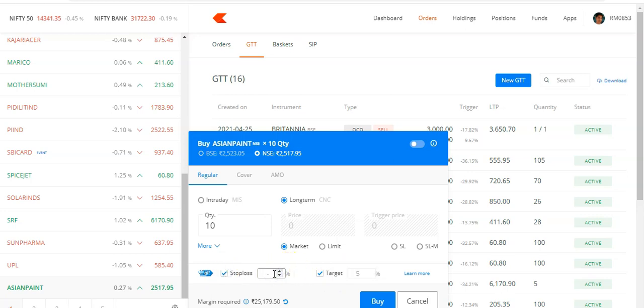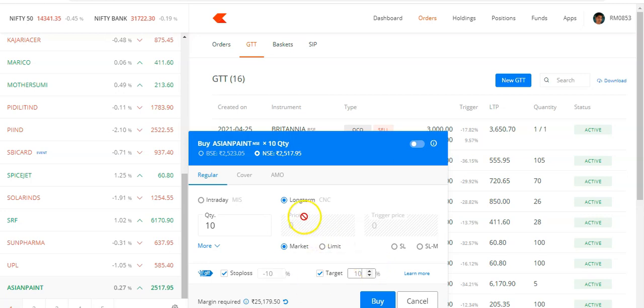You can change the percentage. Keep 10%. Just keep your cursor here. What it says is, automatically creates a GTT for the position on order completion, which means only when your order gets completed. So you have purchased 10 quantity, then it will create a GTT for you with 10% up for the target and 10% down for the stop loss. So this is another way to create GTT at the time of buying the stock for long term.